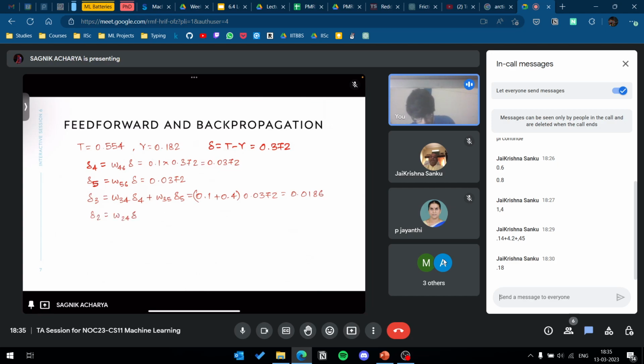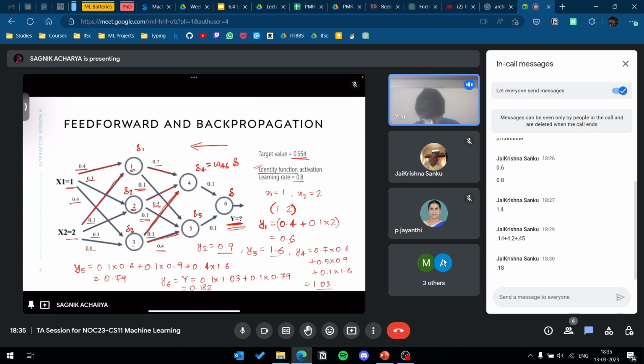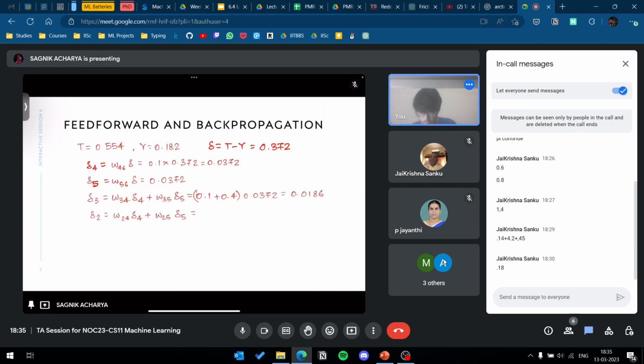W24 delta 4 plus W25 delta 5, right? So what will that value be? I'll just calculate the value instead of wasting time. So 0.5 and 0.1, right? And both delta 4 and delta 5 are the same, so I'll just add these two weights and multiply it with that. So 0.5 and 0.1, 0.6 times this is 0.02232,